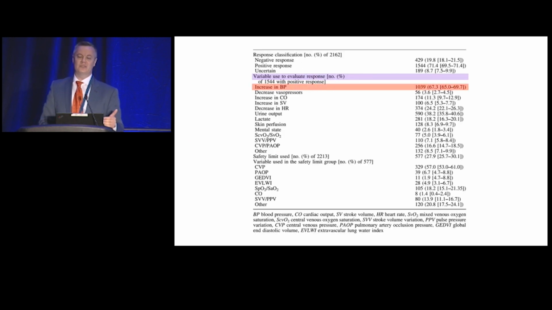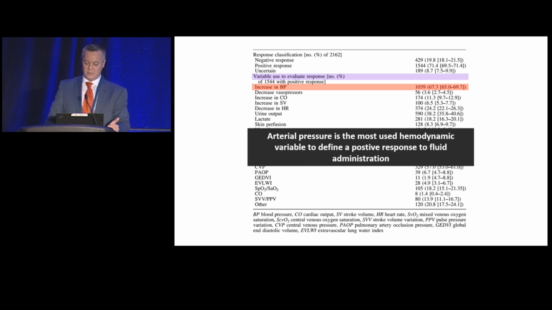More interestingly, we use the blood pressure for defining the response to fluid administration. So if the patient is unable to increase the blood pressure with fluids, that challenge is not a good response. That response is negative. So arterial pressure is the most used hemodynamic variable to define a positive response to fluid